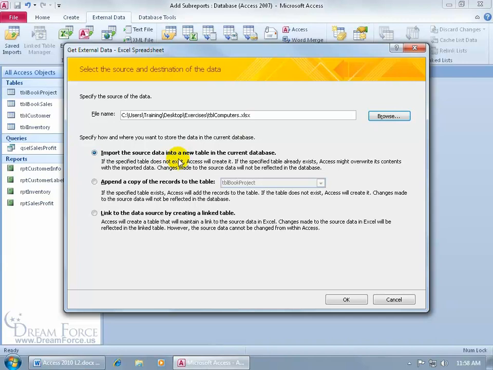Do you want to import the data into a new table? Do you want to append it to an existing table? And if you're appending it, well, Access can add the records from this workbook to it, but then again you want to make sure that you got the same field name so it can tie one field to the other. Or you can just go ahead and link it to the source, meaning that the data actually isn't stored within the database here, it's just pointing to it. So to keep it simple, let's just go ahead and import it and create a new table based upon that